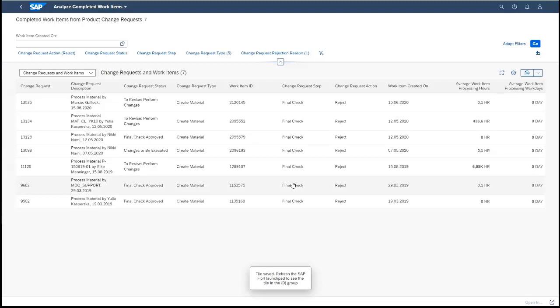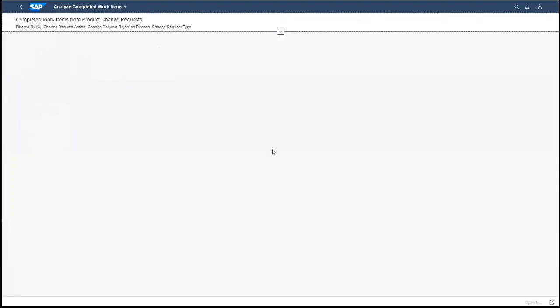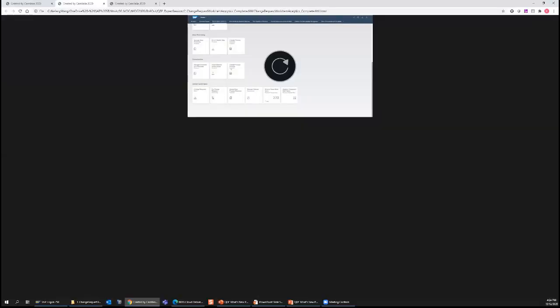So next time when I open the Fiori Launchpad, I can see it immediately on my homepage. I can click this tile, and it will open exactly the view that I stopped at last time. I saved it as an app. Okay, so that's the